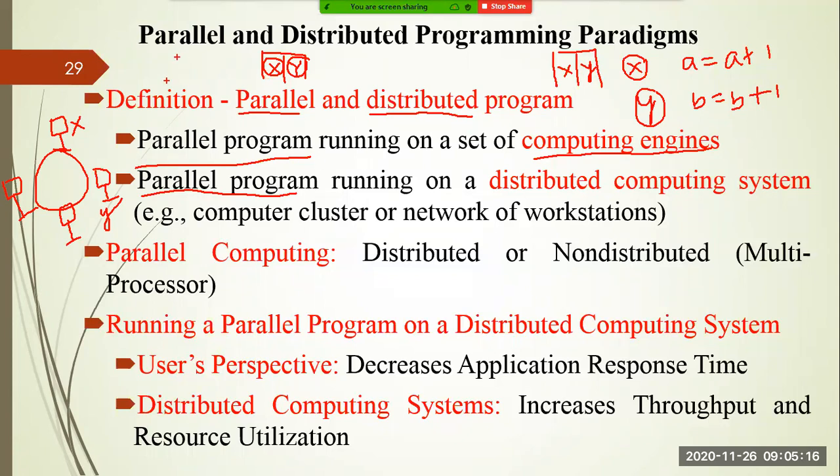But in this case, the processors executing X and Y may not be present in the same place or location. So take the very well known computer cluster. We have already discussed cluster computing, where you have connected various workstations into a network, or, say, in your lab, your 30 systems connected through a network.